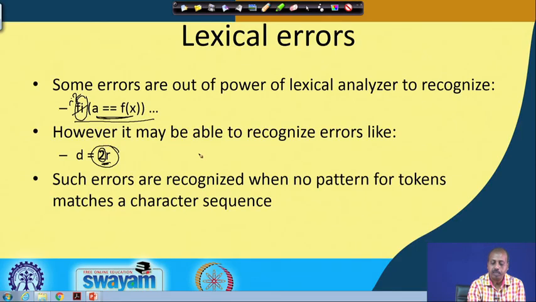A number must be separated by at least one blank space. That way the lexical analysis tool can identify an error at this point, and it can tell the user that there is an error at this point. Such errors are recognized when no pattern for lexemes matches a character sequence. If you do not find any match, then we can say that there is some problem with this particular sequence of characters. So, that is an error.